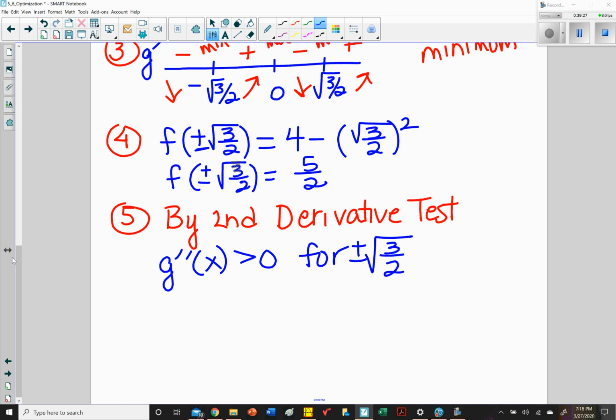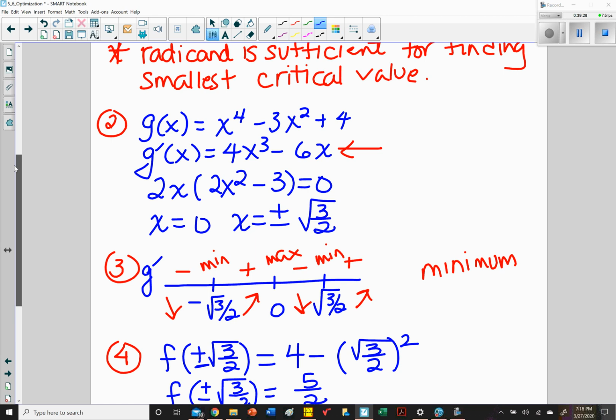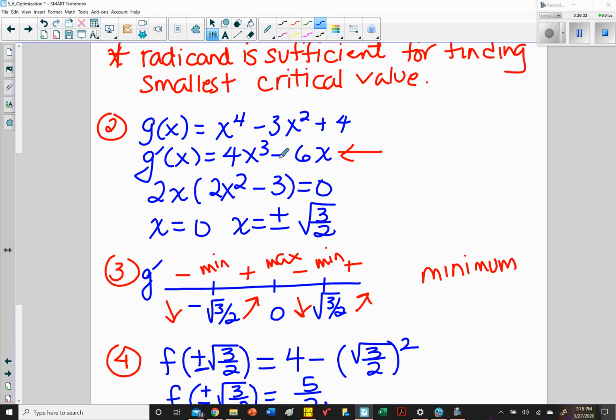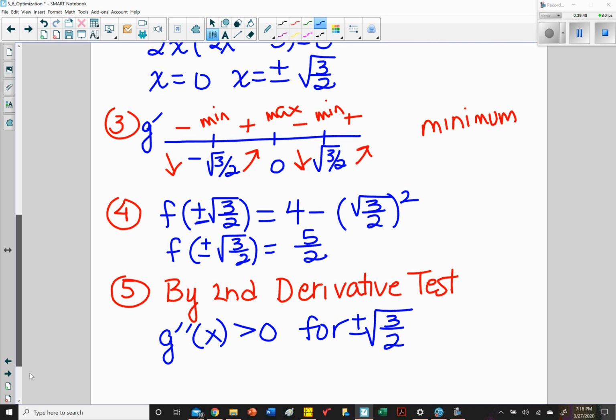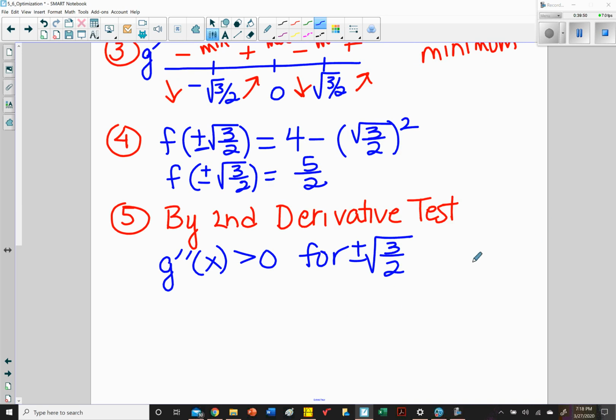Let's go back and look at our first derivative. First derivative was 4x cubed minus 6x. Second derivative would be 12x squared minus 6. So 12 times 3 over 2 minus 6 is going to be positive no matter what. That means the closest points